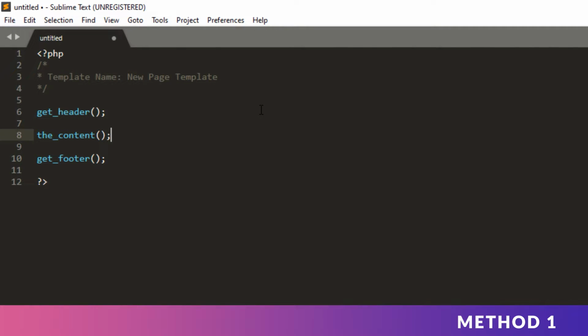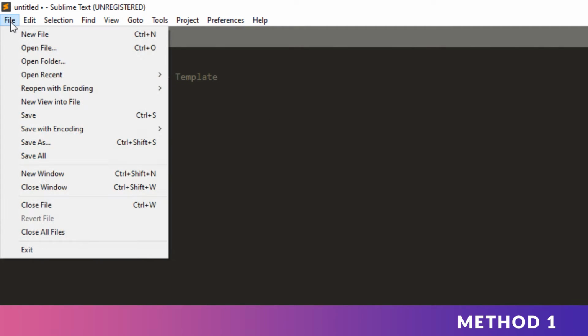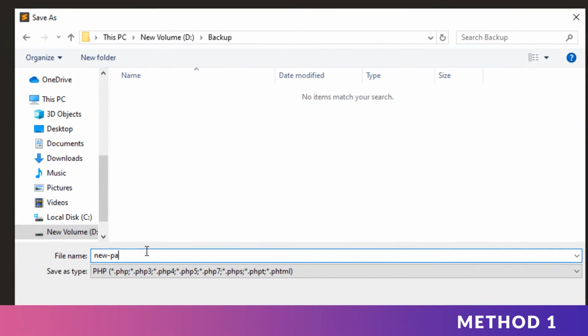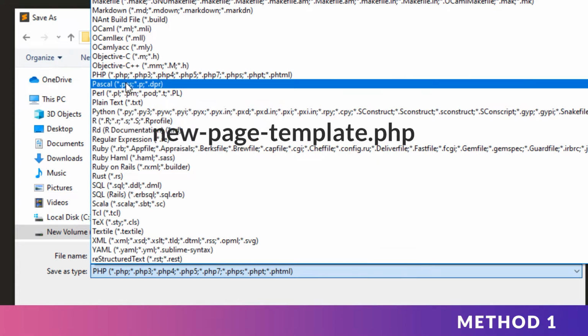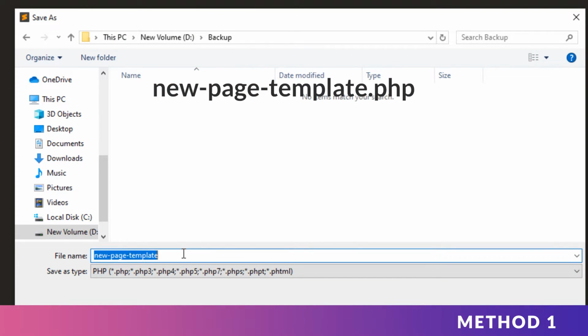So save it on your computer as a PHP file. If your editor has no PHP option, just add a .php extension to the file.